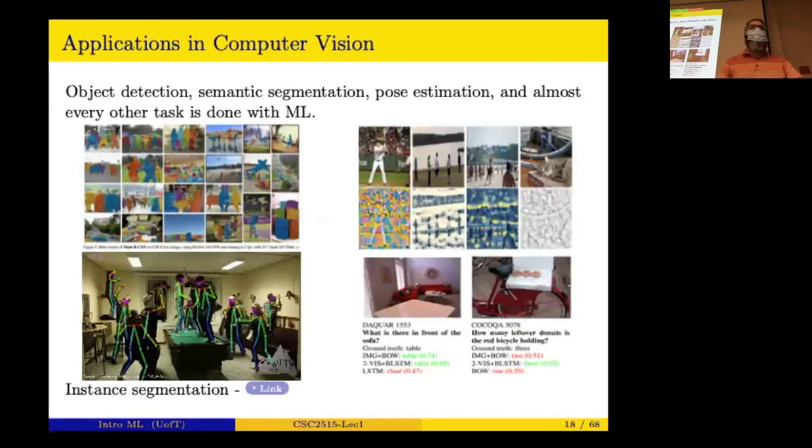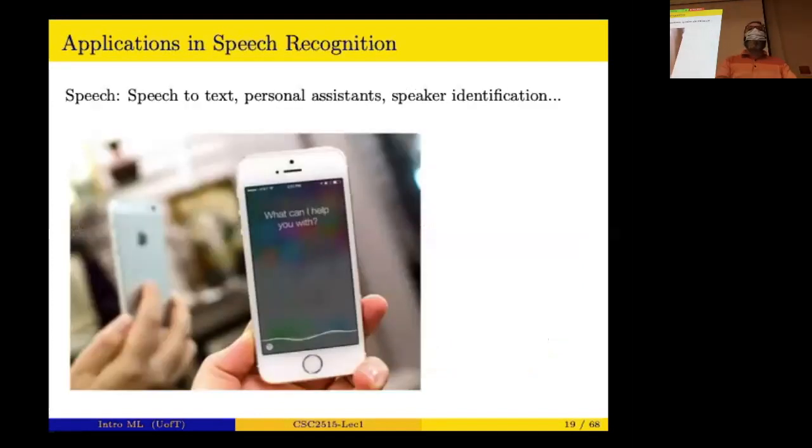And there are many applications in computer vision. In many areas of AI, computer vision for example, how to detect objects, how to estimate the pose, or many things that you can think about regarding images, people do it using machine learning. In speech recognition, for example, if we want to convert speech to text or identify the speaker, machine learning is used because you can't practically write code to do this.